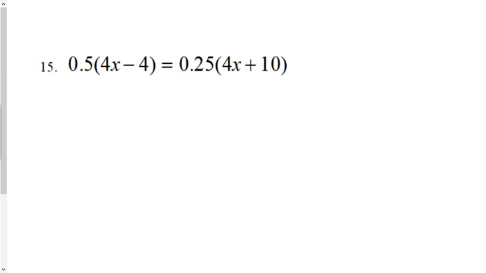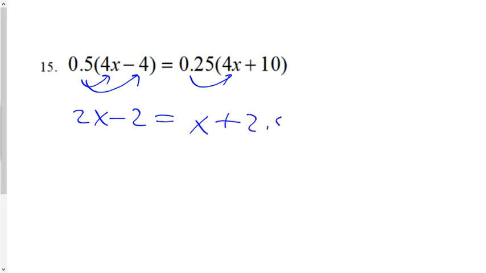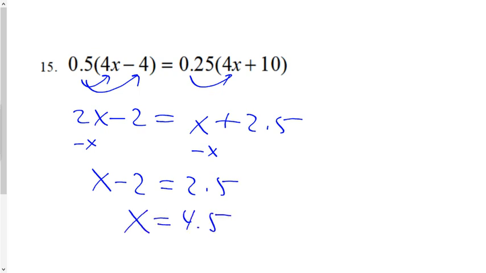And question 15 is your last question using distributive property and variables on both sides. Expand: 2x minus 2 equals x plus 2.5. Subtract x from both sides to get the variable on just one side, which would be x minus 2 equals 2.5. Add 2 to both sides, and you have your solution of x equals